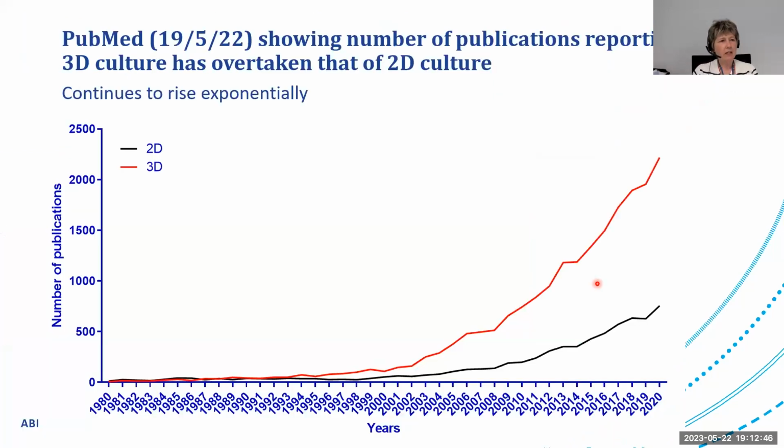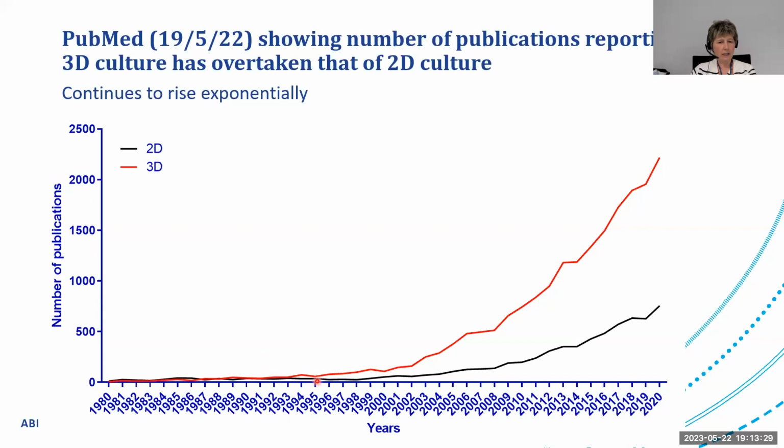While I was preparing for this webinar, I took a look at PubMed towards the end of last week. And I mentioned the simplicity of two-dimensional cell culture. But more recently, three-dimensional cell culture has been very popular. I looked back at PubMed from 1980 through to 2020, and you can see for the first roughly 20 years, there wasn't an awful lot of difference between the number of studies using cell lines versus the number of studies using 3D models. And I remember these days, I started my scientific career around about this point